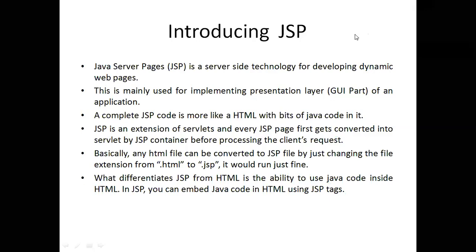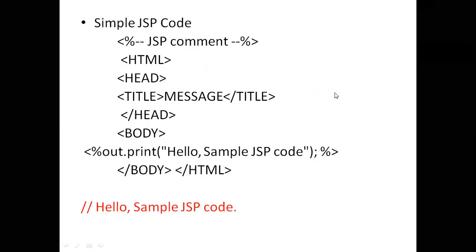Okay, so if you see this slide, this is a typical JSP code. From the first instant, if you see this code, it looks like a typical HTML code only, right? So you can see here, we have the HTML tag, which shows that the entire code is an HTML. This complete code is an HTML. Then it is followed by the header part. Then comes the body part. We are very familiar with this because we know the HTML coding.